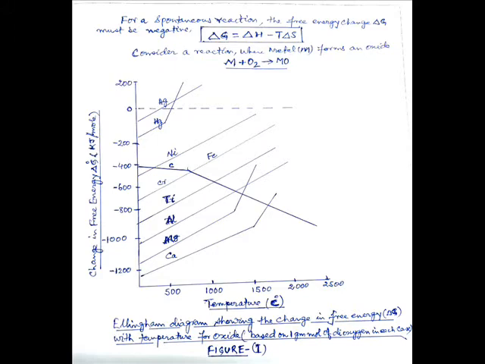But above this temperature, that is above the 0 line, oxides are unstable as the free energy of formation is positive. For example, silver oxide can easily be decomposed to metal and dioxygen if the temperature is increased above 0 degrees Celsius, as shown in the Ellingham diagram. This particular example is given in your diagram also, that is figure 1.